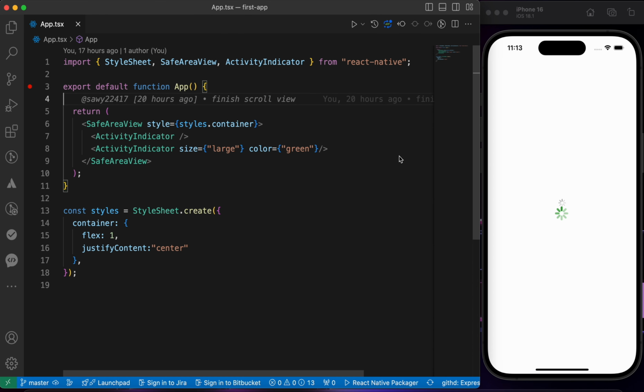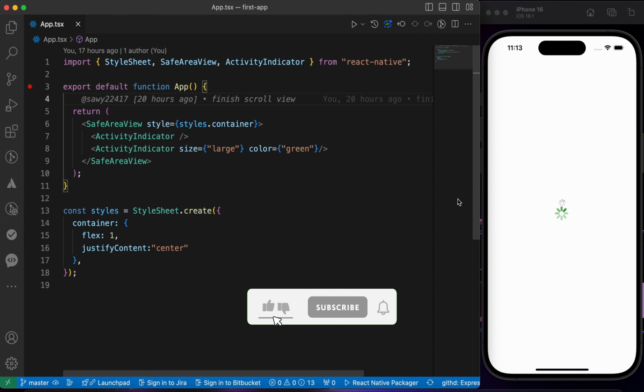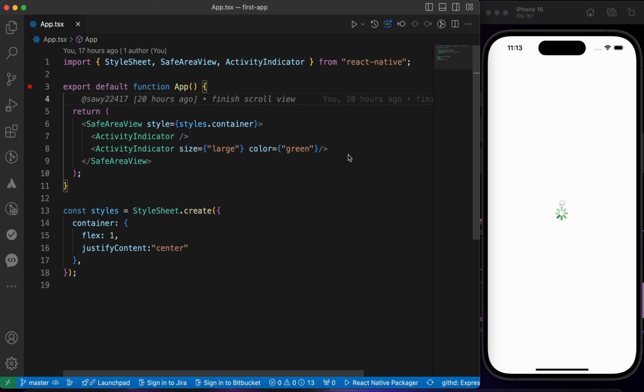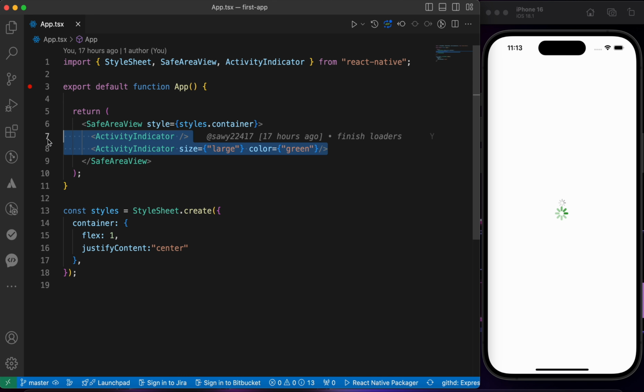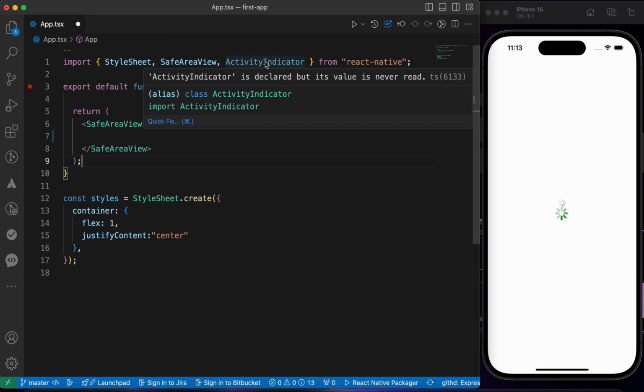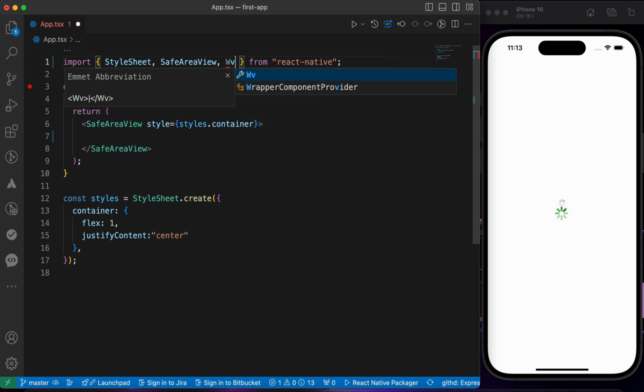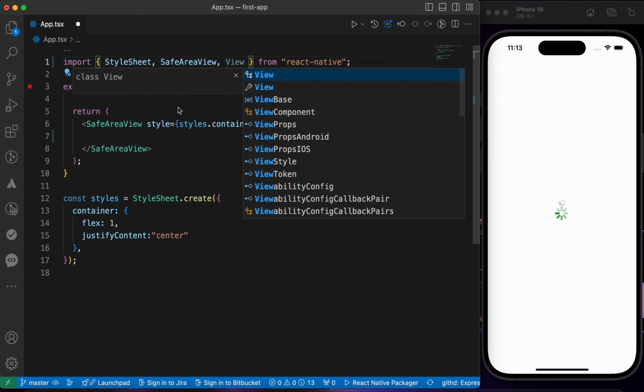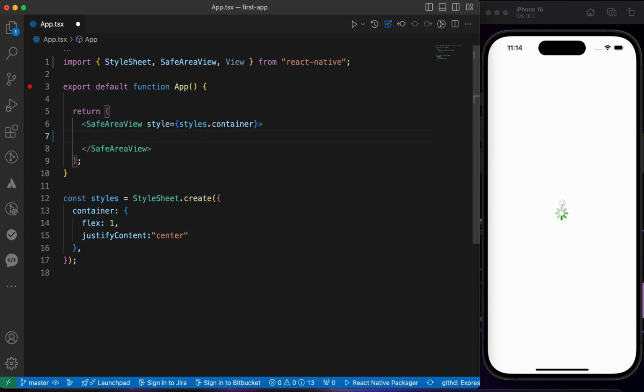In this lesson, we're gonna talk about the view component. You can think of the view component as a wrapper to other components, to put them together, or a box to put the components in. Let me show you. To use the view component, you need to import it, view, and let's render it here, view,